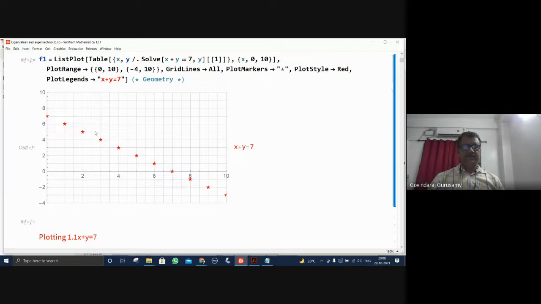Okay, so two things are important. Origin should be fixed, and you should always have parallel and perpendicular lines, which is 90 degrees. So this is the basis now. 0, 1 and 1, 0 is the basis. See, this is 0, 1 and 1, 0. This is the basis now for making a plot.